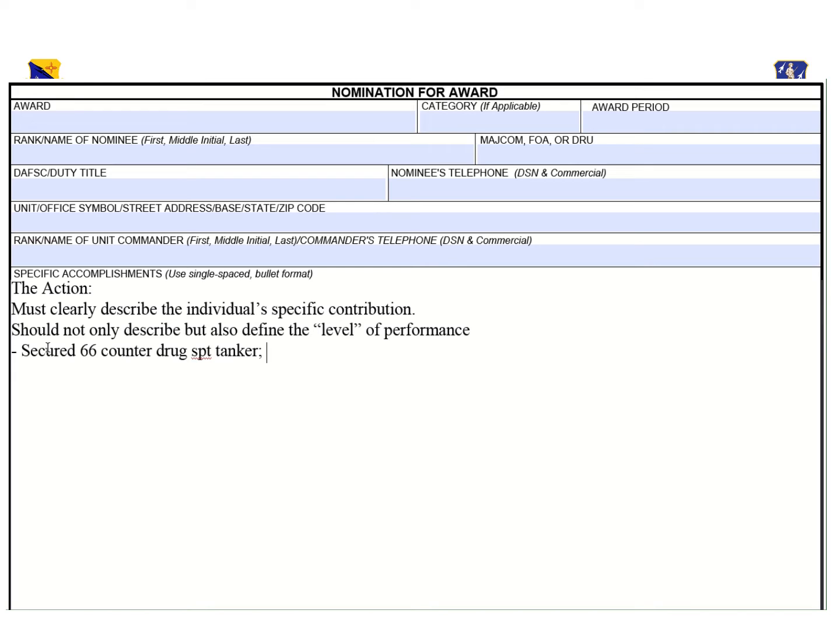Now, this is a pretty simple statement. It's the action, and we basically broke down what she did. She secured the sorties, or you can always say negotiated or scheduled. In my case, I went with secured. A specific number, and basically what it was for. This is a pretty good action statement that can be used for this bullet.